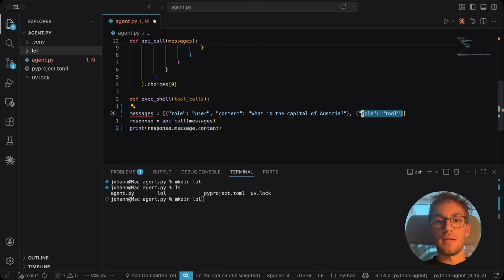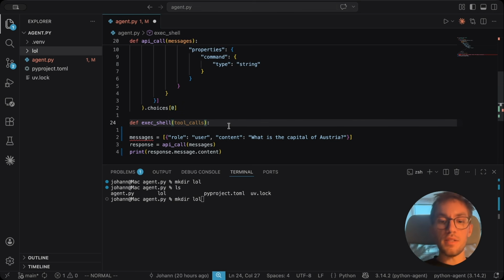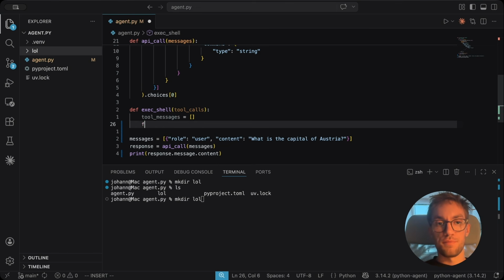So they will just be added to the message chain as tool results, and then passed back to the model so that it sees what its commands actually led to. So we will build up this tool messages list and just iterate through the tool calls,